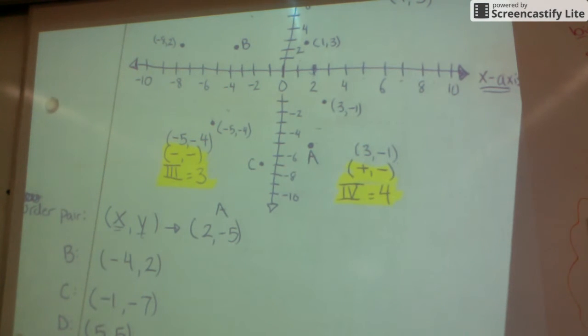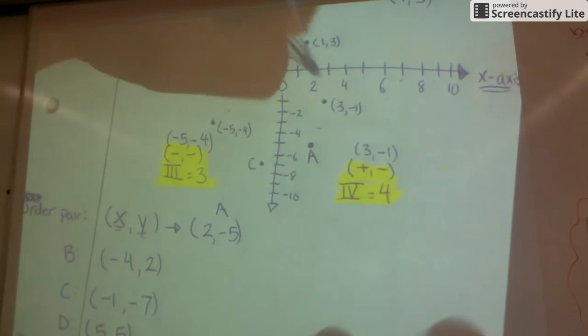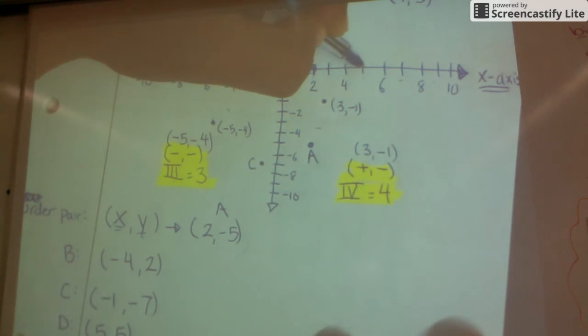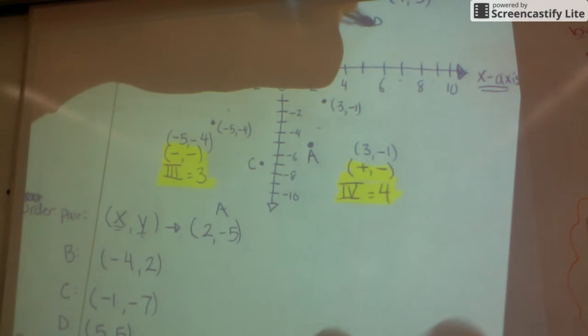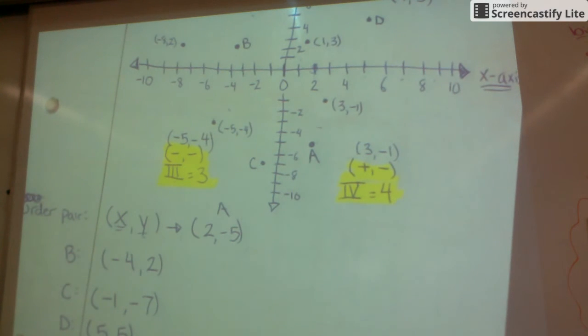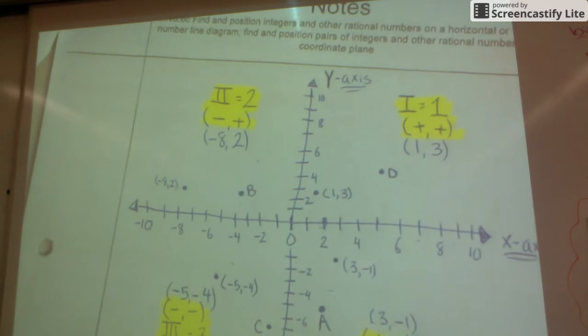The last point, D, okay, I have 5 and 5, and I know because they don't have a negative sign in front of them, I know that they're both positive. So I'm going to go +5 on my x-axis, +5 on my y-axis, okay, plot my point, and so now that I've plotted all my points,